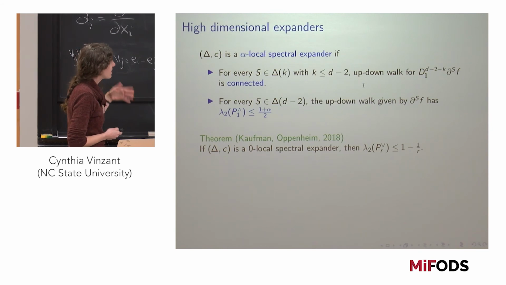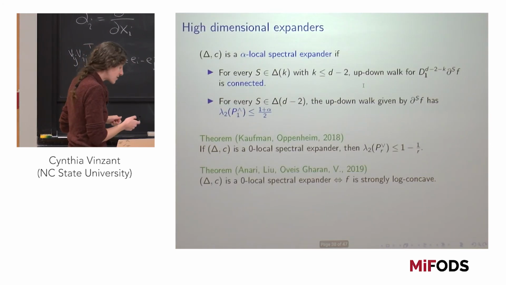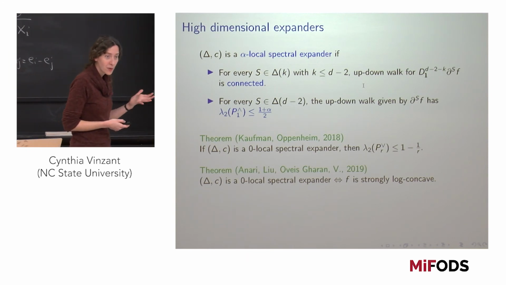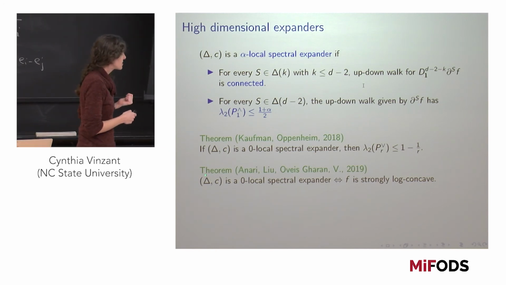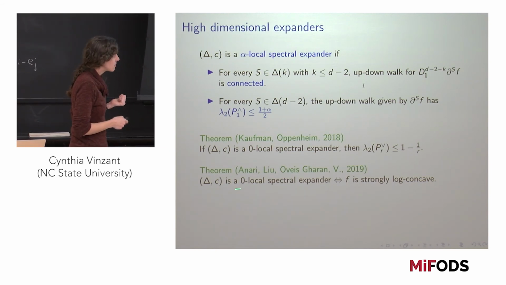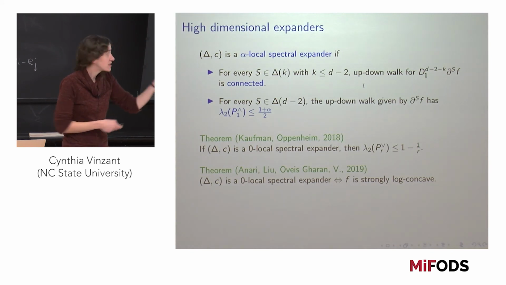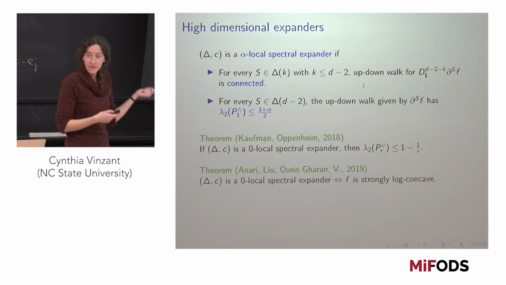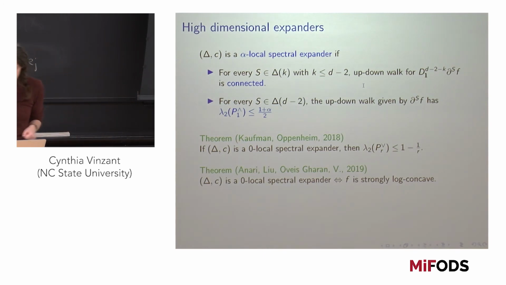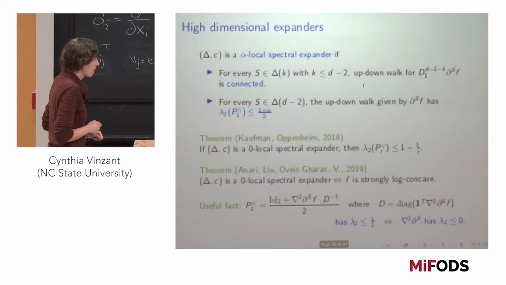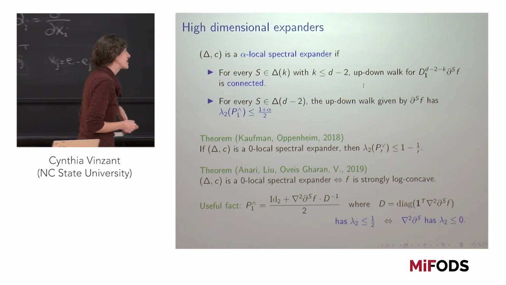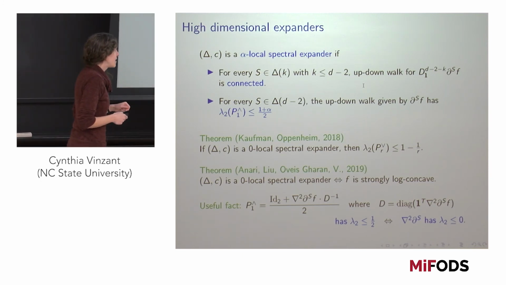And there's a very nice thing that happens, which is this actually exactly corresponds to the polynomial that I wrote down being strongly log-concave. So this collection, the simplicial complex and the coefficients, is a zero local spectral expander if and only if the corresponding polynomial, whose coefficients come from these weights, is strongly log-concave. And I'm not going to prove this, but just as a hint of why this is true,